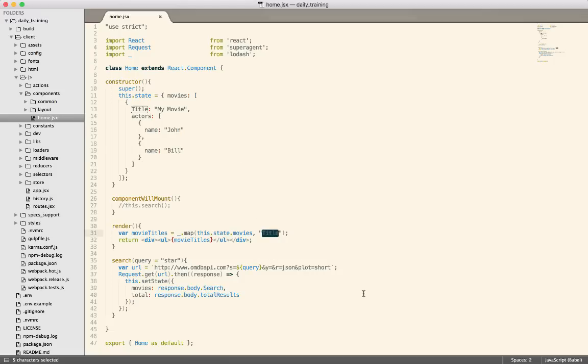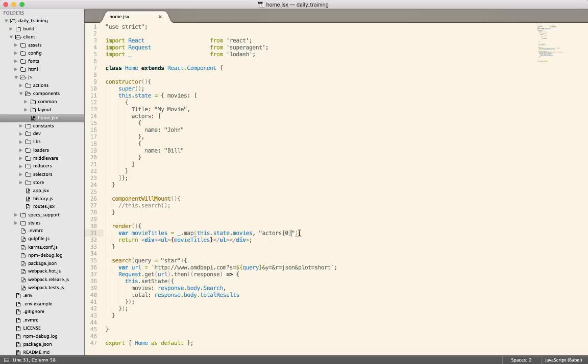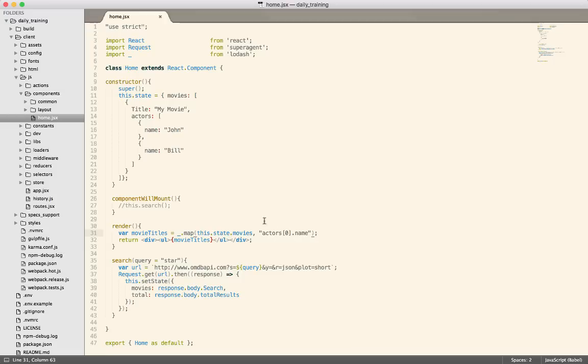All right. And so maybe what I want to do is pull out one of the actors. Well, what I can do here is for each one of those movies, let's go grab the actors and let's grab the 0 item from there. Save that. We'll look at our code here and it didn't work. So one second. Figure out, I must have structured the data incorrectly. Actors. Oh, actors 0.name. Sorry about that. There we go. Now we have John. And if I want to go back, I can say actors 1.name